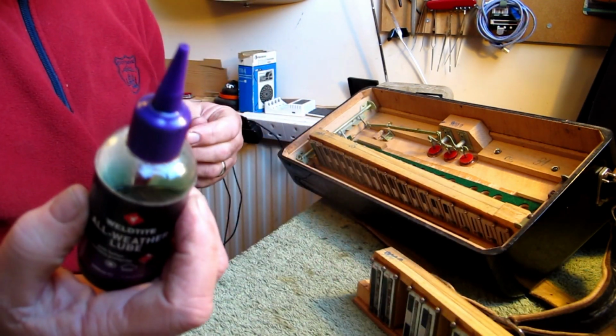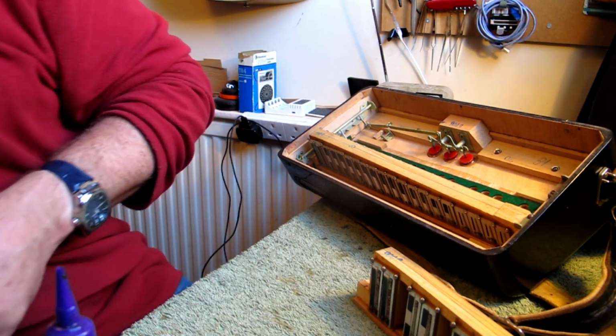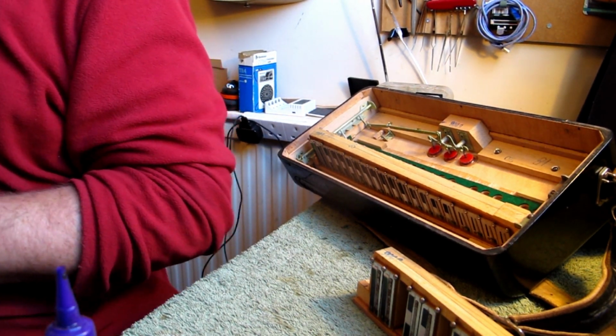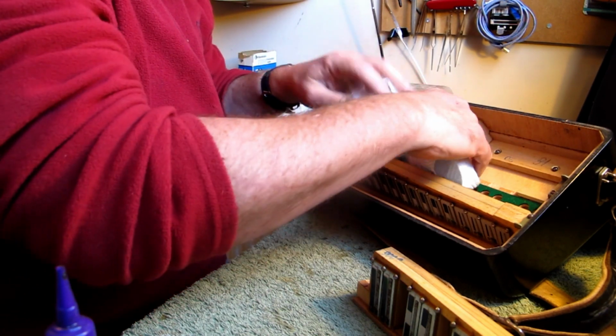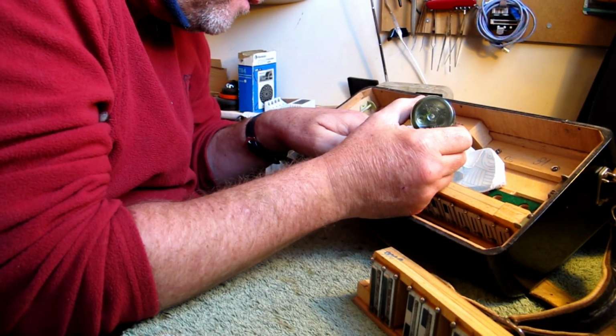I'm going to get this little bit of cycle lube. I'm going to get myself a little rag just to mop anything up. Get a bit of a towel so I don't get too much on there, and just protect everything a little bit. So I'm just going to put a tiny drop